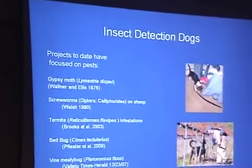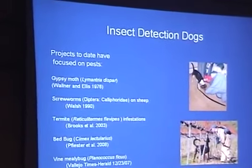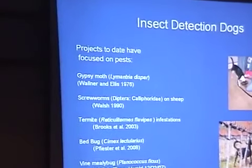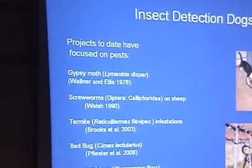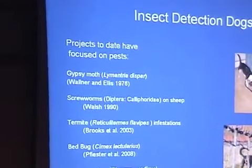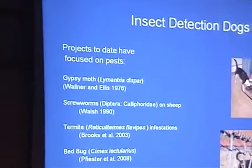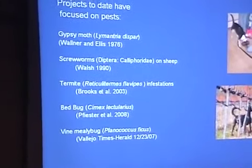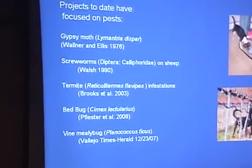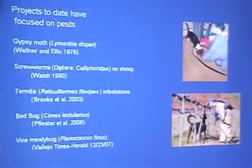Besides the vertebrates and just a little bit of plant work, dogs have been used for insect survey purposes for 20 years or more. As far as I can tell, it's always been just pest interdiction. And now with the big bedbug infestations, especially back on the East Coast, you can go on the internet